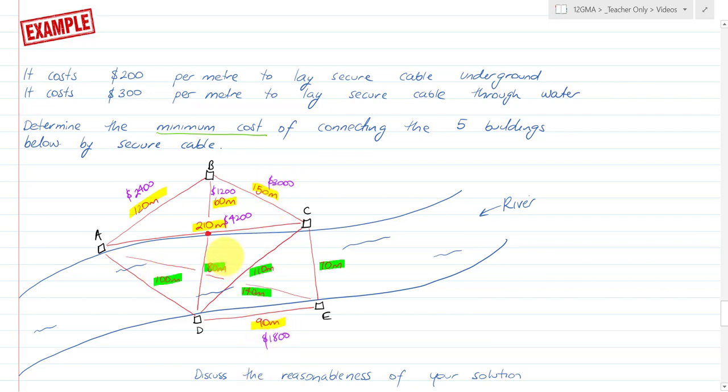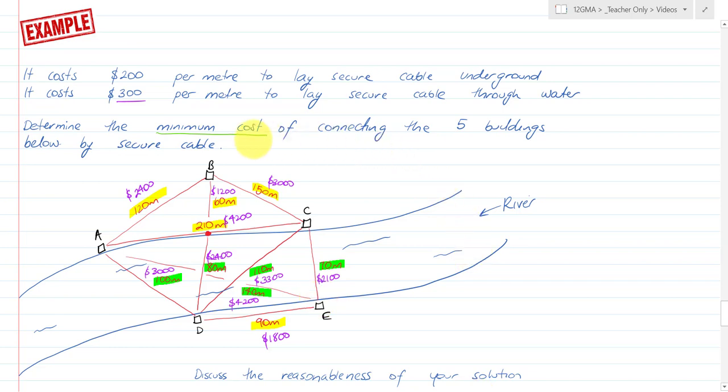And then I've got these green ones. For the green ones I need to multiply by 300 because that's my cost per metre. So I get $3,000. 80 times 300 is $2,400. And 110 times 300 is $3,300. 140 times 300 is $4,200. And 70 times 300 is $2,100. And now I'm going to apply